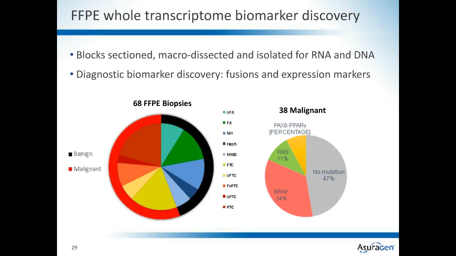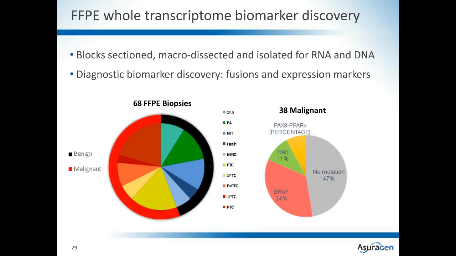For all these samples, we also performed a Luminex assay to test for the presence of common driver mutations, including RAS, BRAF, PAX8-PPAR-gamma, and RET-PTC. The pie chart on the right is showing the fraction of the malignant samples that tested positive for one of these common driver